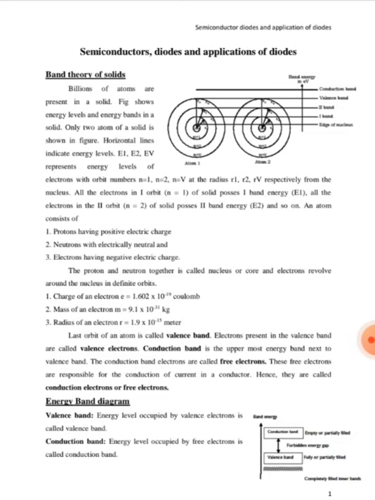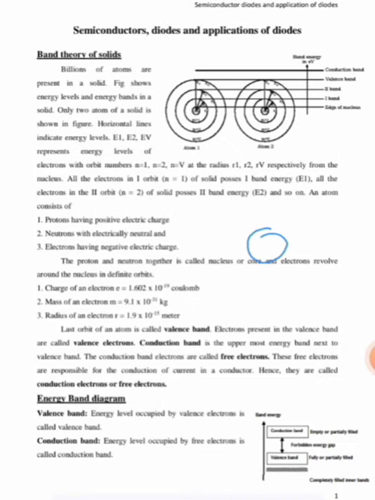centrally it will be having nucleus surrounding which will be having electrons. In the nucleus will be having positively charged particles which are called as protons, and the electrons which are surrounding the nucleus are negatively charged. So centrally it will be having nucleus which will be having positive number of charges which are called as protons,